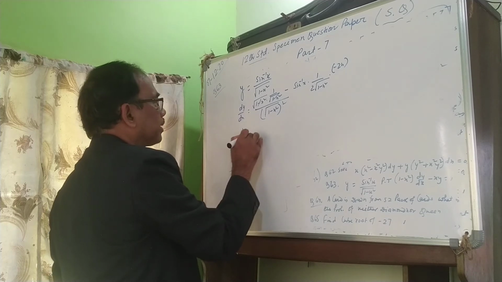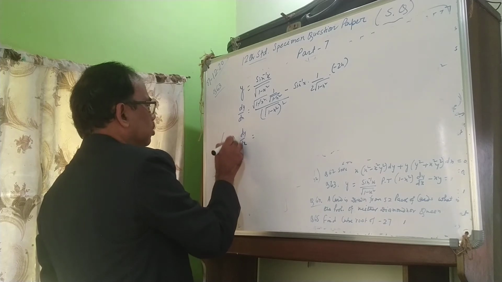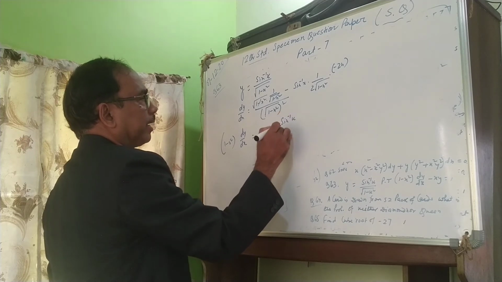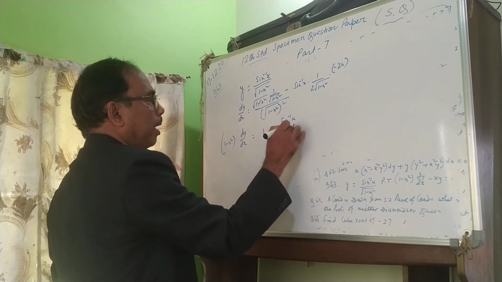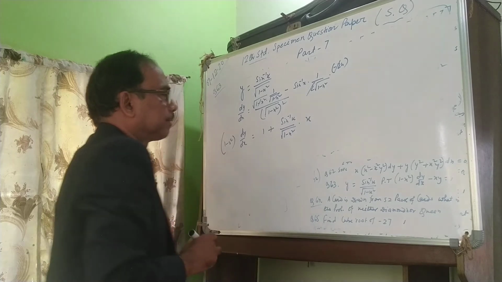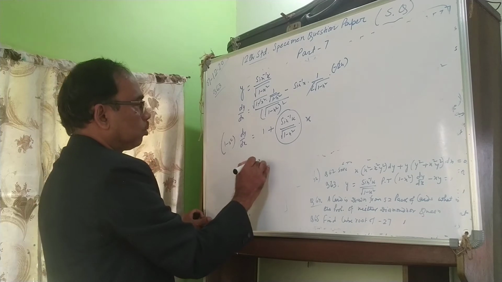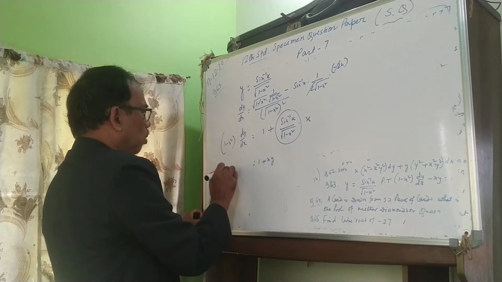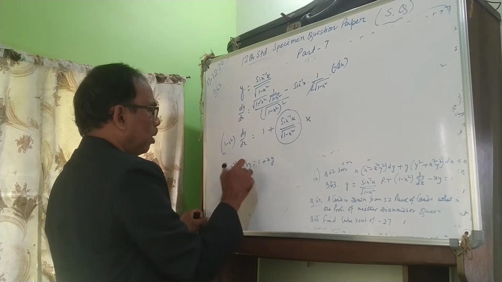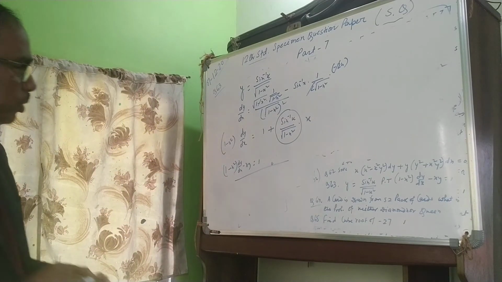dy by dx equals, this is coming to the left position, that is 1 minus x square, that is 1 plus sine inverse x by root of 1 minus x square into x. These two cancel. You know the value of this portion is y. Y is this, that is 1 plus xy. 1 minus x square dy by dx minus xy equals 1. Hence proved.